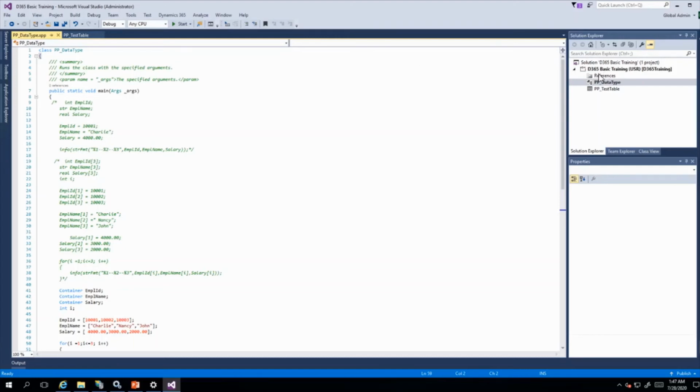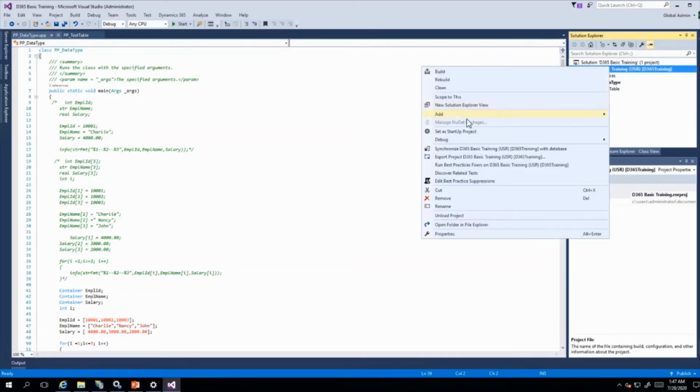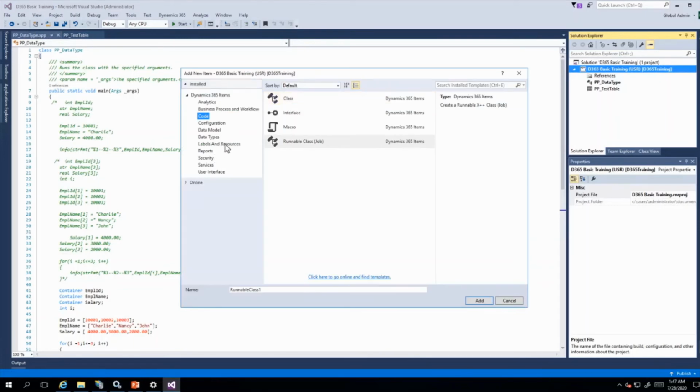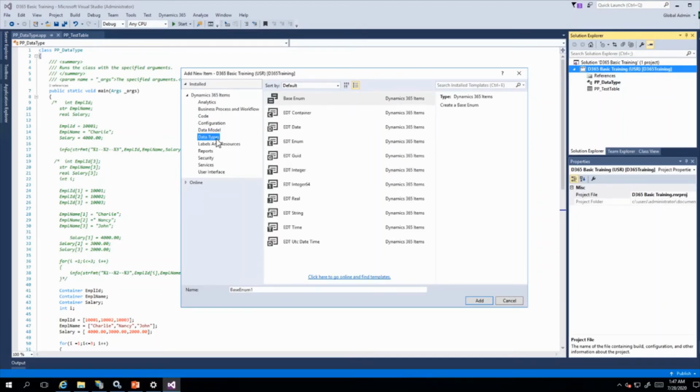We'll go to the data dictionary, add new item. How to create an enum we will see. Data types, base enum.